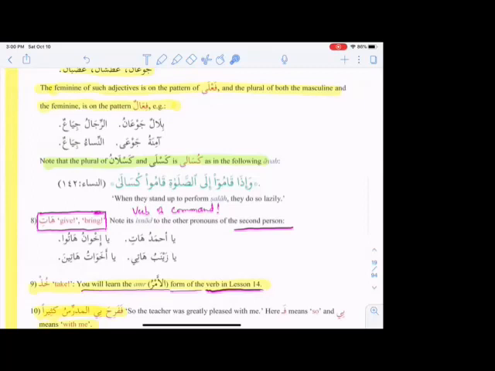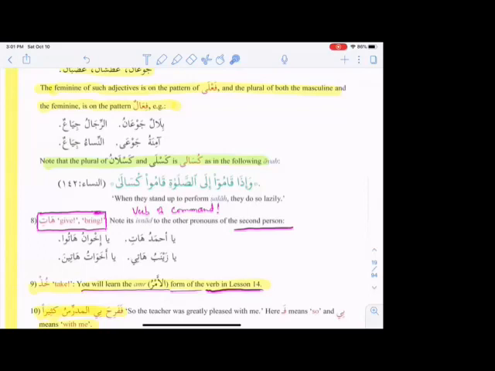There are 14 verbs, so there are 14 sequences. We have done it: huwa huma hum, hiya huma hunna, anta antuma antum, anti antuma antunna, ana nahnu. Let me tell you, this is easy, this is not difficult. You will love it, already you know it, inshallah. But now we are thinking deeply inside everything.